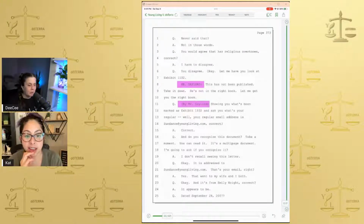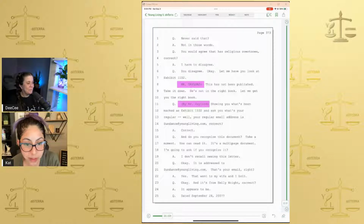It's just wild. This has not been published. Take it down. He's not in the right book. Let me get you the right book. Showing you what's been marked as Exhibit 1102, and ask you, what's your regular email address? Is your regular email address sundance@youngliving.com, correct? Correct. And you recognize this document? Take a moment, you can read it. It's a multi-page document. I'm going to ask if you recognize it. I don't recall seeing this letter. Okay. It is addressed to